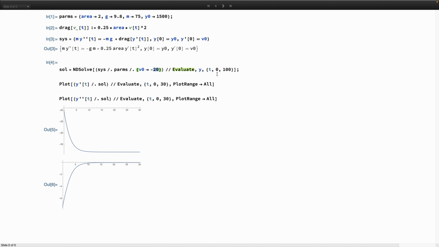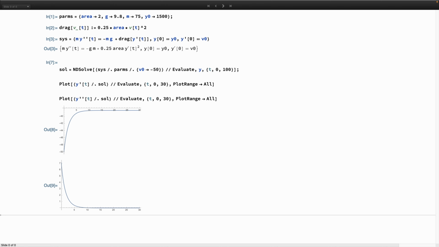Now let's say our skydiver was already falling faster than that. Let's say they're going at 50 meters per second downward, and see what would happen there. This would be faster than the skydiver's terminal velocity. Okay, so what we see happen here is the skydiver is slowing down to the terminal velocity. If you're going slower than the terminal velocity, you'll pick up speed to it. If you're going faster than the terminal velocity, you'll slow down to approach it. So here our skydiver is falling down at 50 meters per second. That decreases down to eventually approaching our same